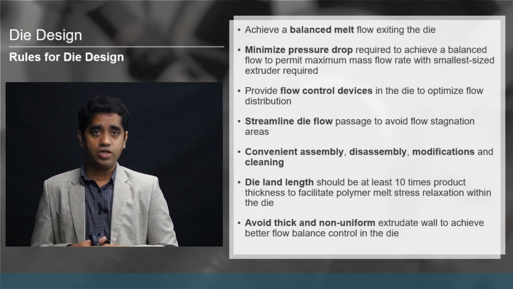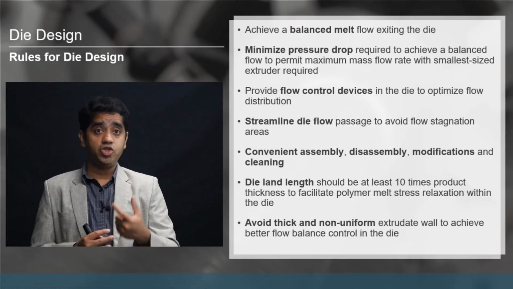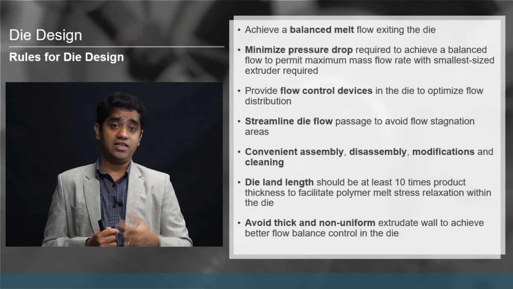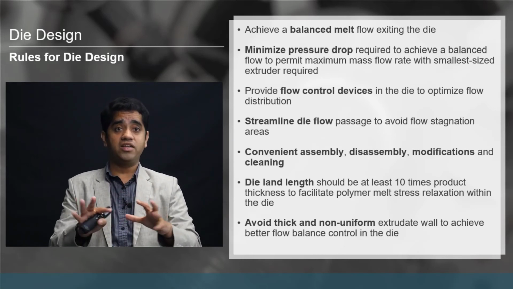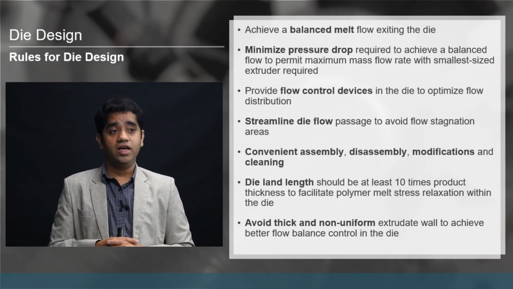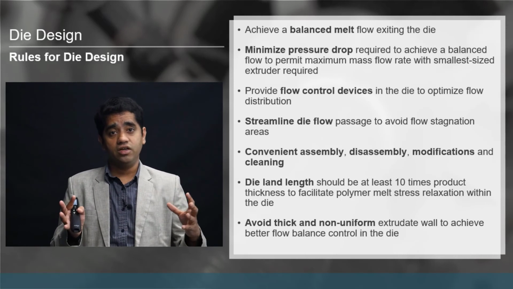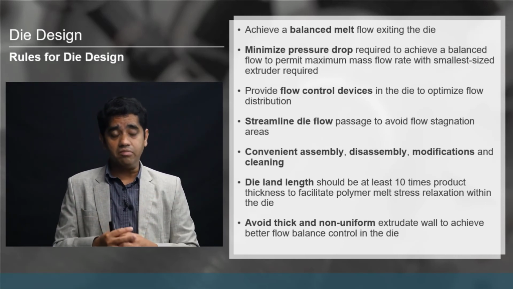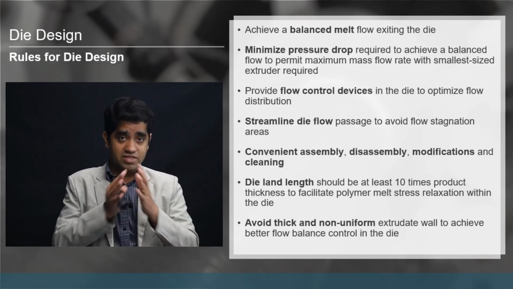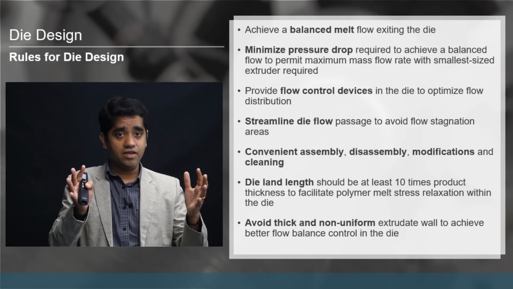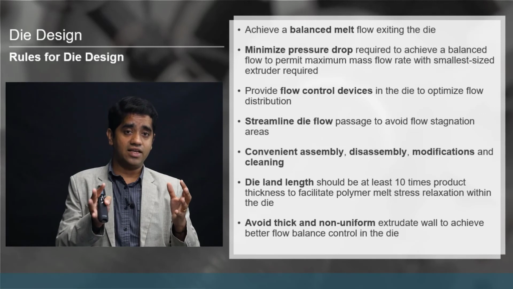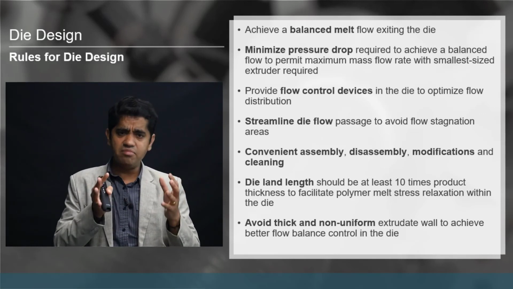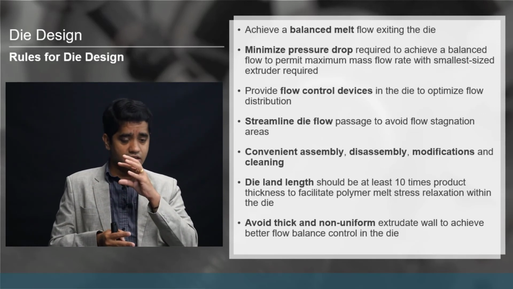That's also very important. And the die landing length should be at least 10 times the product thickness, so that you facilitate lower melt stress in the polymer, and give enough relaxation time for the polymer melt that comes out of the die. So if your product thickness is 1 inch, your die landing length should be at least 10 inches. That way you're giving the material time,